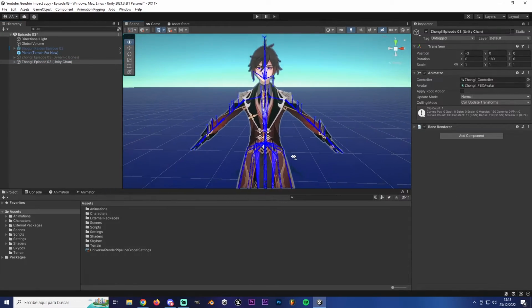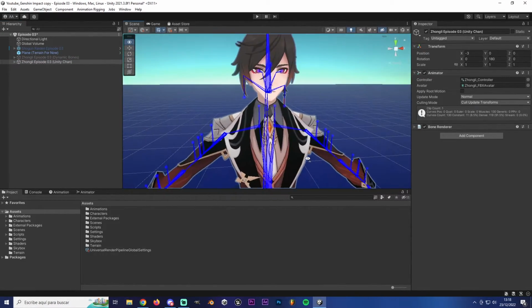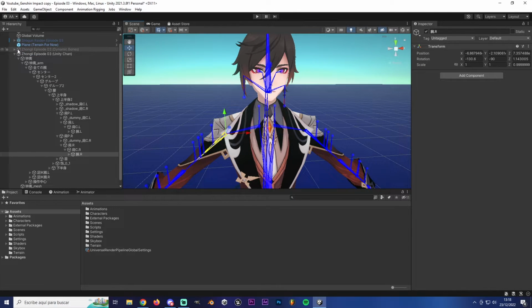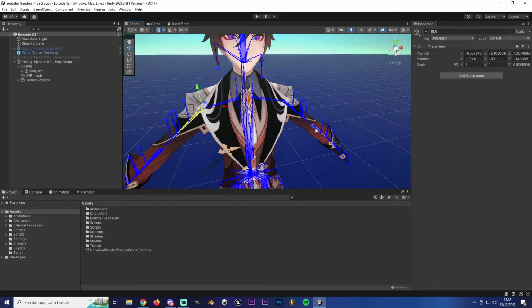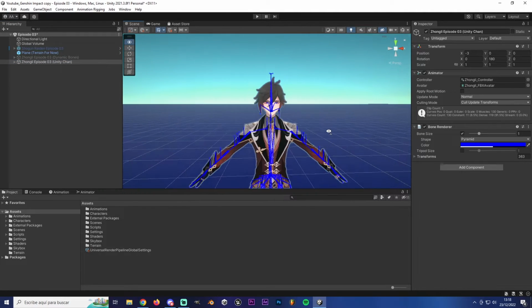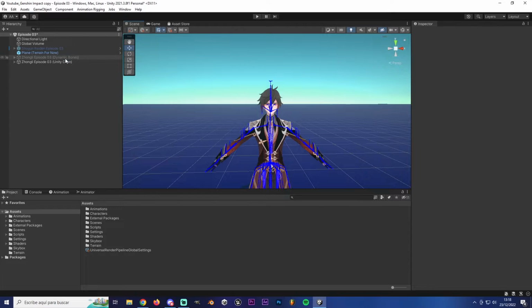If you haven't seen the video on the part of the dynamic bones, I just explained that this render is just for us, so we can choose the bone we want the physics applied on. We don't need to go through all here since it's in Chinese. We can just click on the bone and it will show the hierarchy of the bones. So with this one already set up,